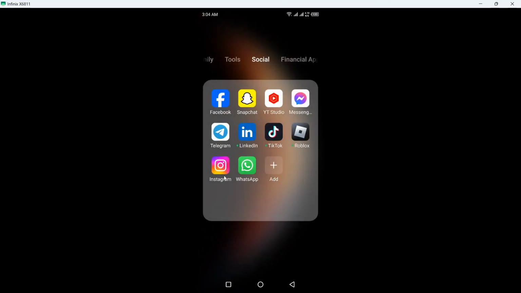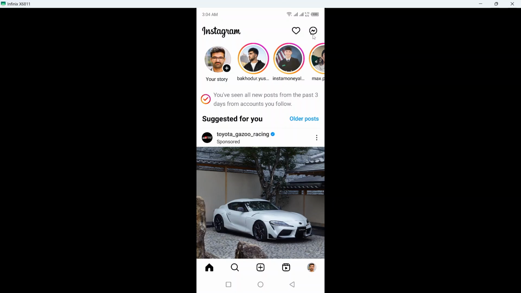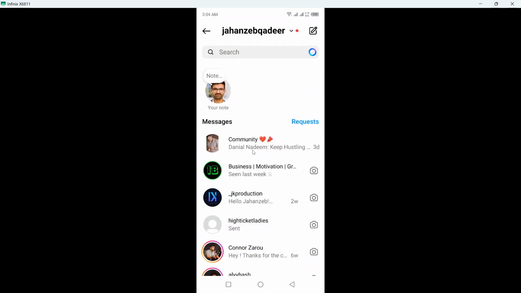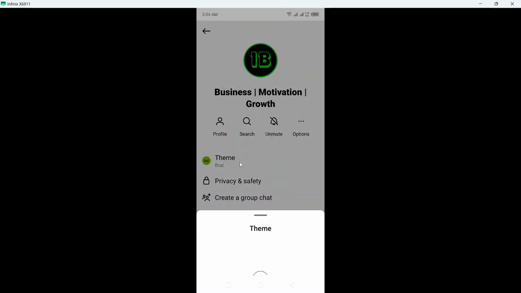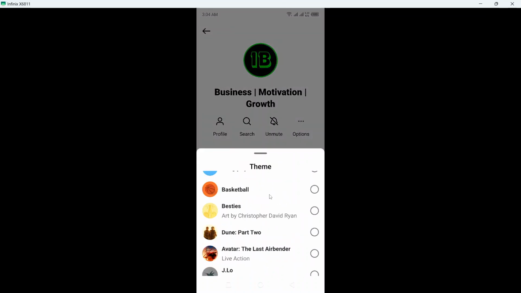and you simply need to open Instagram application. Click on the messenger icon on the top right. From here you need to select any conversation with any of your friends. Click on your friend name, click on theme, and from here you need to scroll down